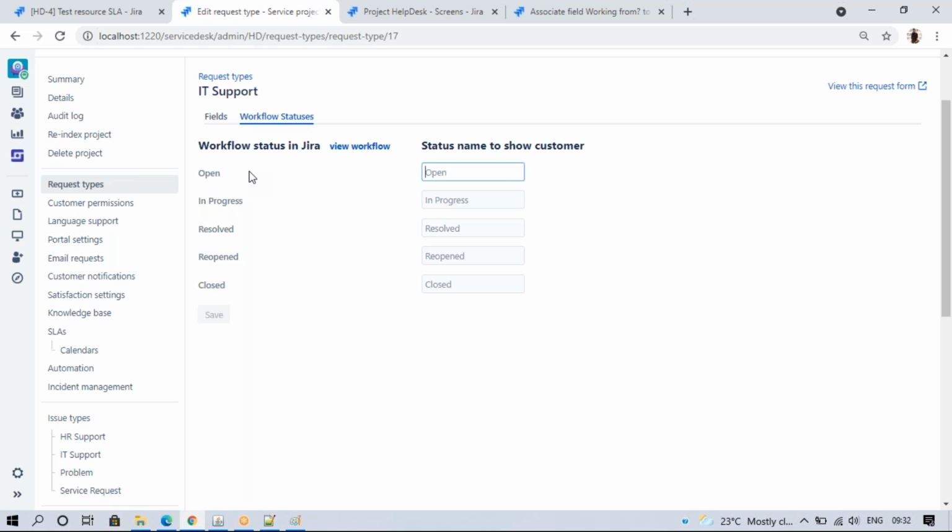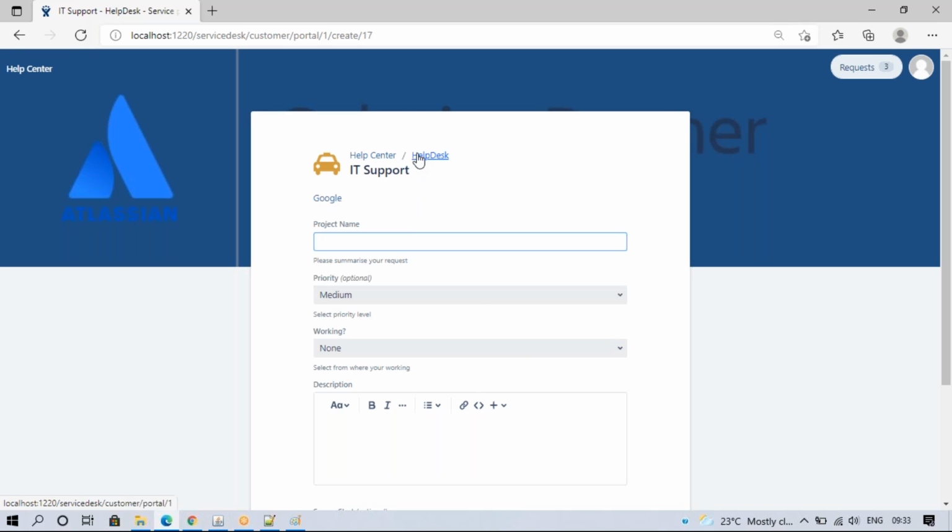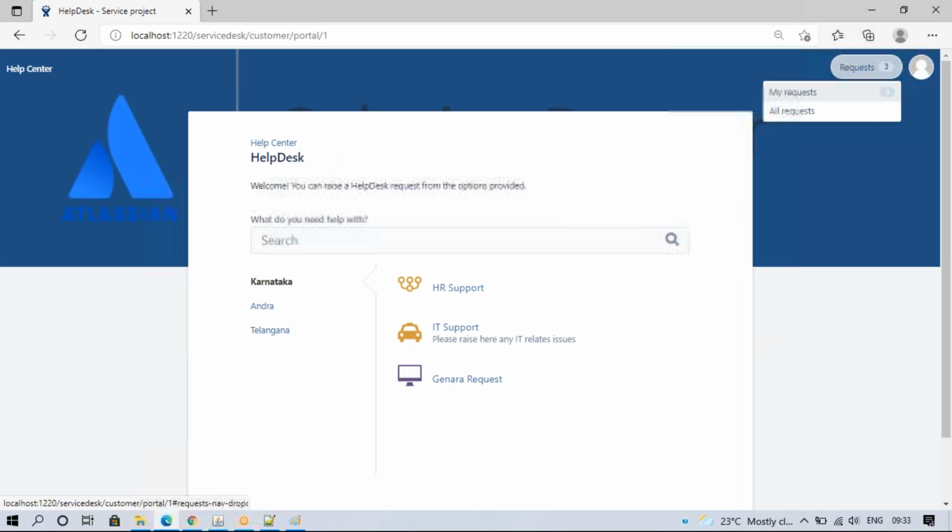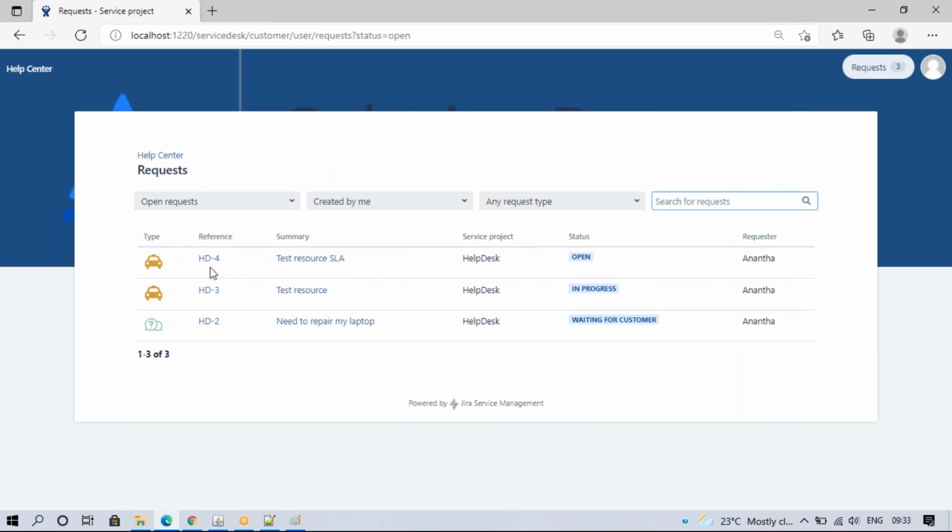Okay. So suppose I have waiting for approval here. That waiting for approval should not be shown to the customers. And suppose I change some internal status like escalated to L2. I don't want to show that to the customer. So we can change that. Suppose instead of open, I can put it different. Normally you can see help desk. I'll change this request.